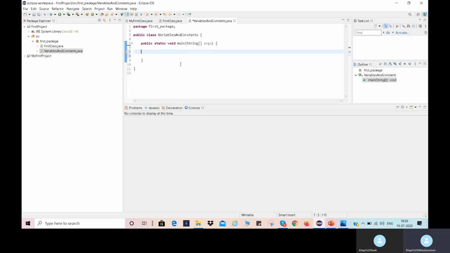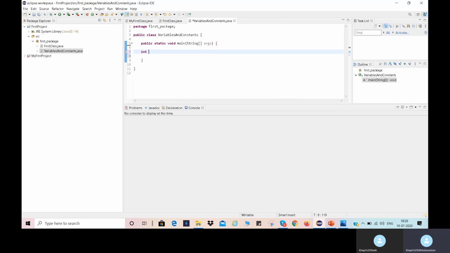Now, by using variables and constants, here I am writing this program to find the area of a rectangle. For that, what does the rectangle contain? Two sides, length and breadth. And how can we find the area of a rectangle? Length should be multiplied with breadth. L into B will give the area of a rectangle. So first we need to store the length value and we need to store the breadth value.